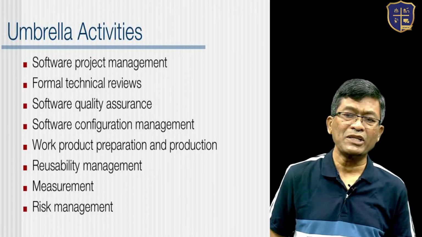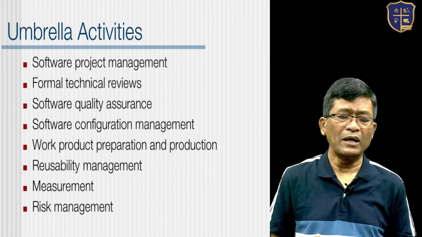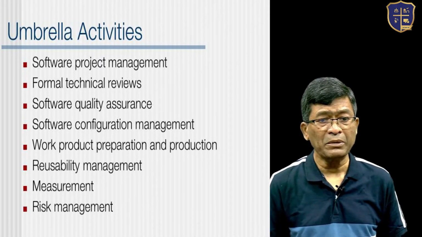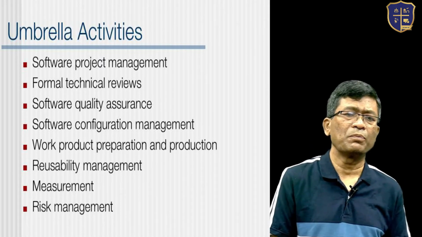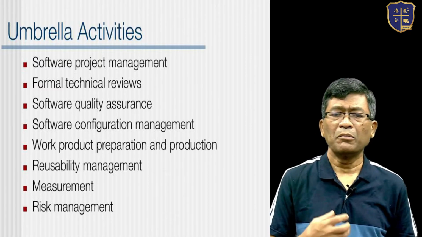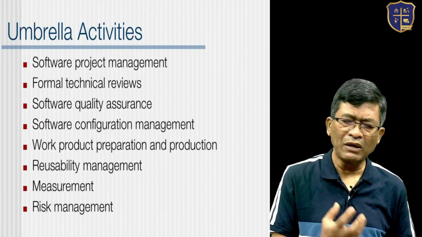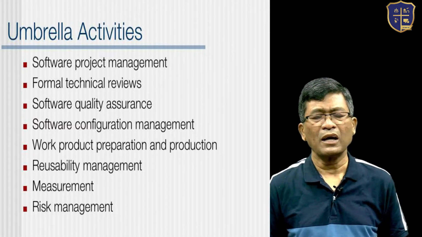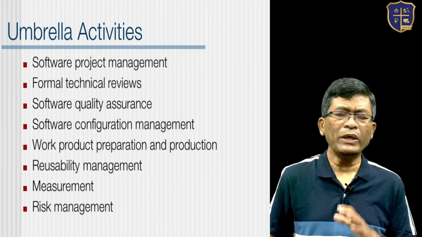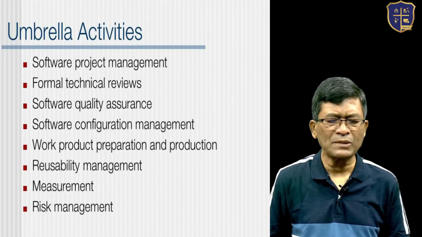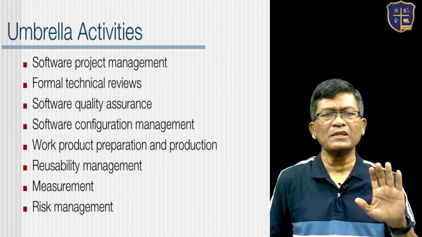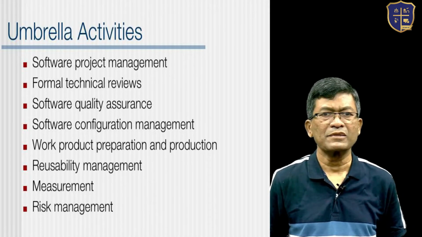And also risk management. There can be certain risk. A developer may leave the project, then there's going to be a problem. Technical risk can be there. You are unable to find a solution to a problem. So technology risk, customer risk, project risk, developer risk, schedule risk, and there can be multiple risks. All this will come under umbrella activities. So we put the entire process framework into core activities, framework activities, and umbrella activities.